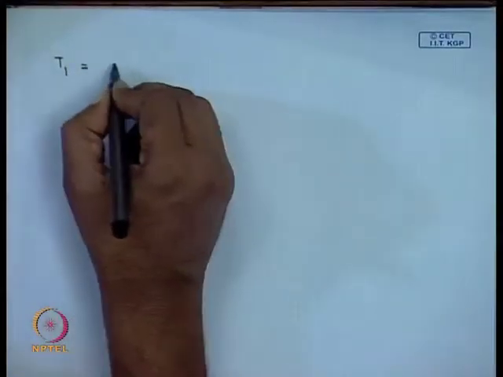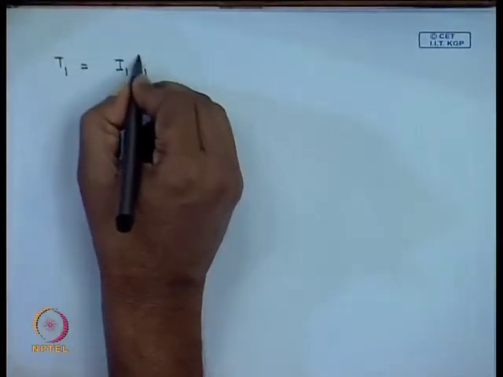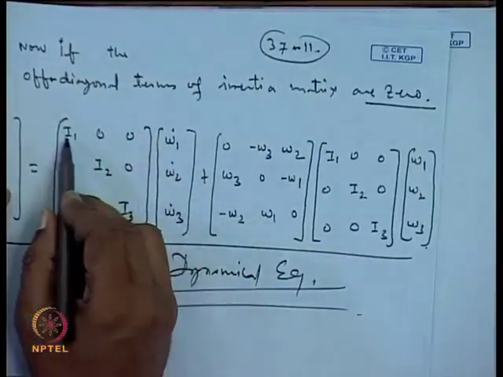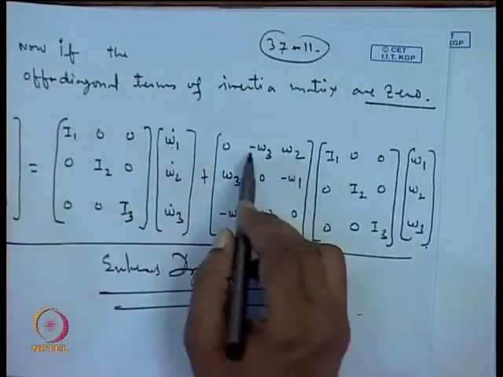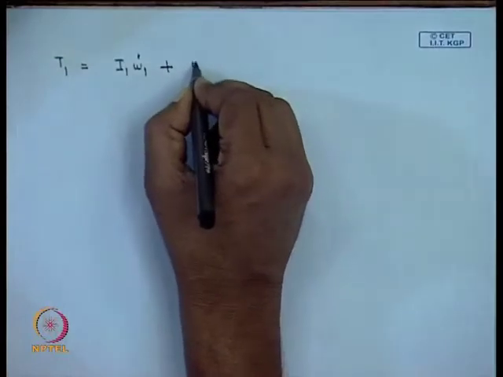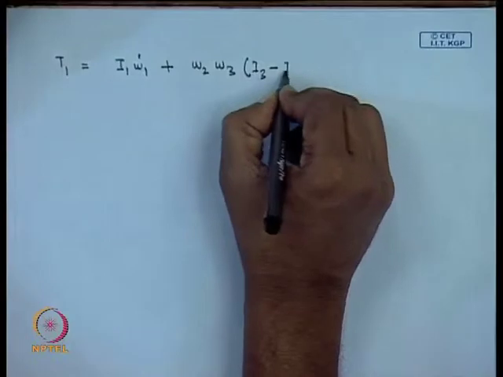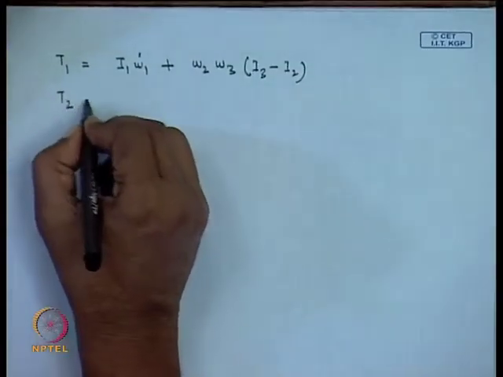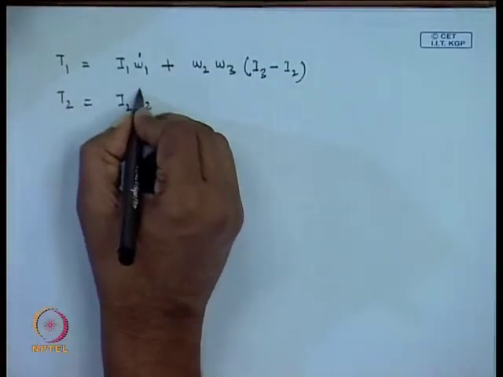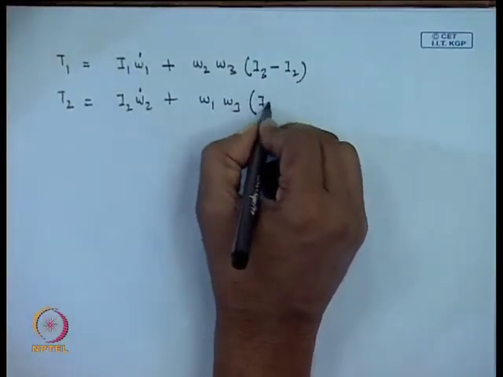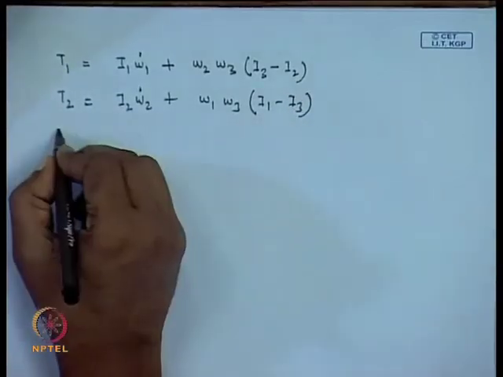Okay, so, the first equation, if you break it up, can be written as I 1 times omega 1 dot, multiplying this row by the whole column. So, we get I 1 times omega 1 dot, and then we have to multiply this similarly and write here. So, what you get: I 2 times omega 2 dot plus I 1 minus I 3.